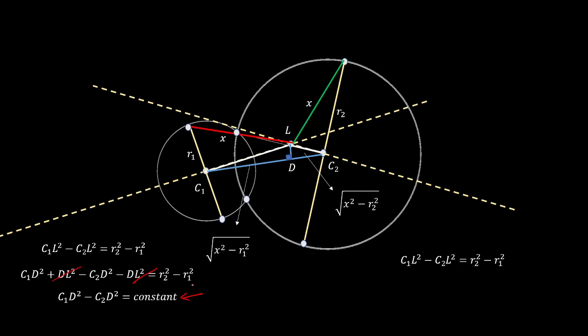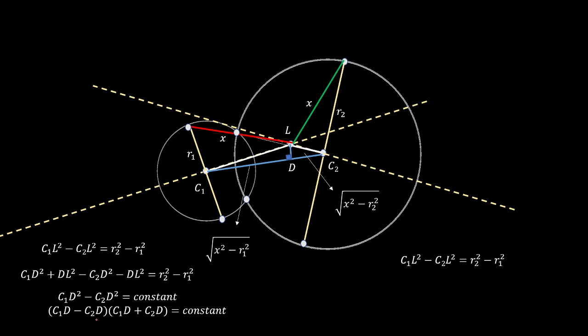I don't even need this R2 minus R1. This is a constant term. This is not a negative term. This is a constant term, because you see that the radius R2 is positive, is greater than R1, right? In this diagram, I haven't done anything. I get this result that this thing is positive. So I can say maybe positive constant. So C1D square minus C2D square is a positive constant,